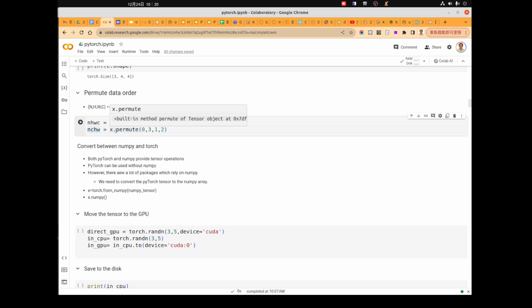For example, when the library wants to get one element, one image out of the array, it must know the order of the dimensions so that it can access the correct data.